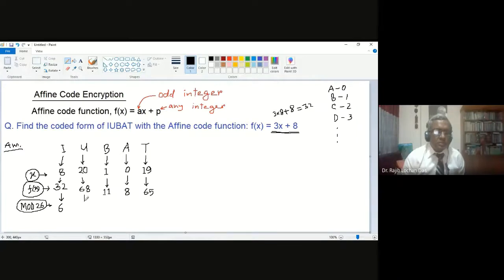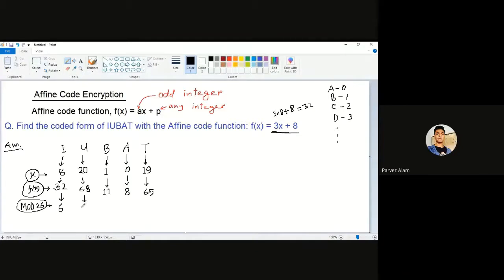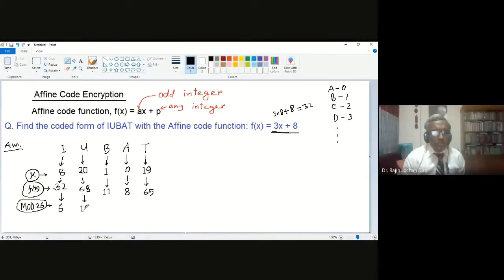For 68, the answer will be 16. Yes, sir, 16. And for 11, the answer will be 11. For 8, the answer will be the same, 8. For 65, the answer will be 13, right? Yes, sir. So what will be the next step? The next step will be